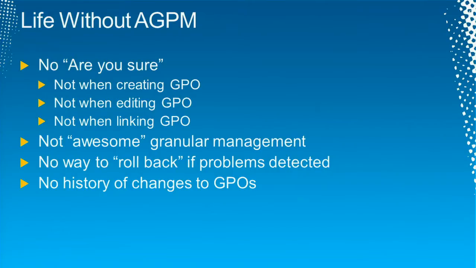Who here has ever had a GPO working for a while, and then all of a sudden the calls start coming in, 2, 3, 4? You go on vacation, you come back from vacation, or you're on vacation, the calls start coming in. Gosh, if only there was a magical way to, well, you can restore. Restore is okay, but it can take a little bit of time, and it takes you a little while to figure out what did we change. So there's no easy, quick way to just roll back if there's problems detected, and there's no history of changes